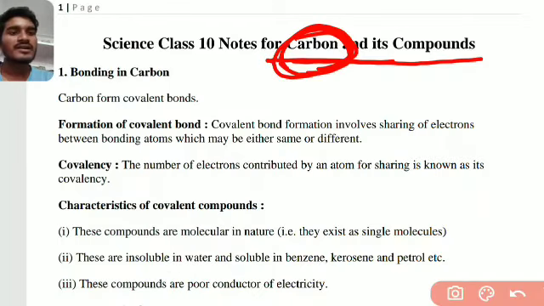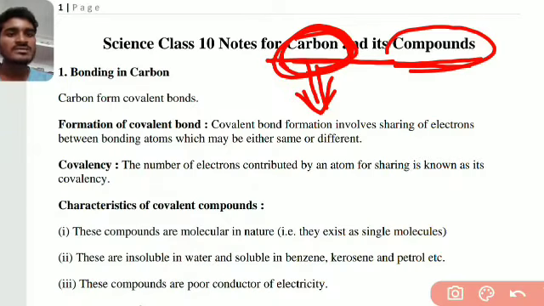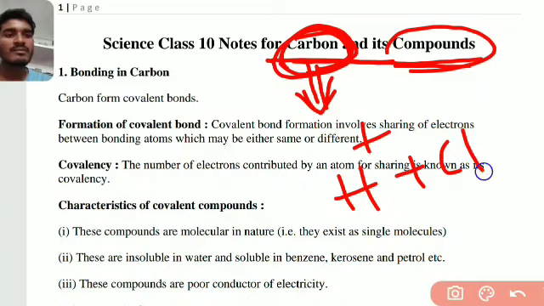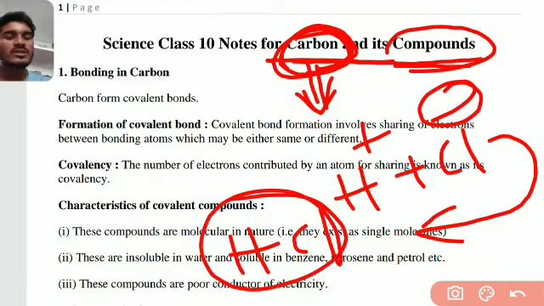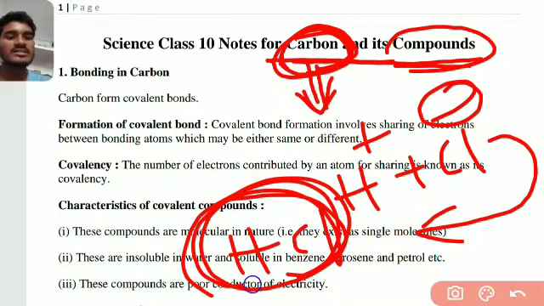Next we see the characteristic features of carbon: its valency, electronic configuration, shape, and how it forms bonds. Compounds are formed when two atoms combine to produce molecules or compounds. For example, H plus, one atom, and chlorine minus, carrying a negative charge, give HCl. It is a molecule or a compound.